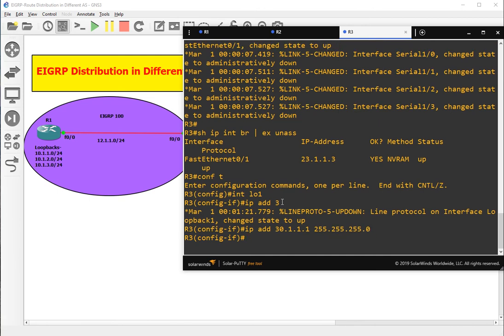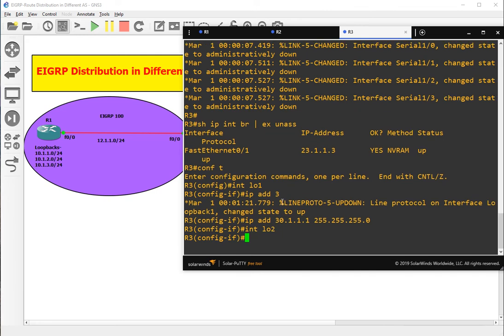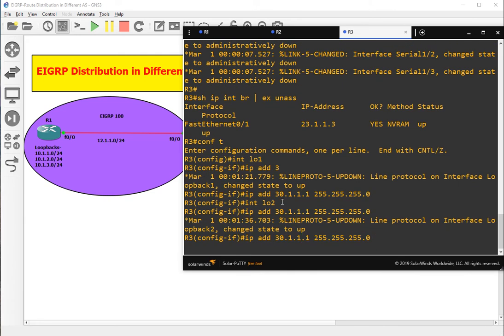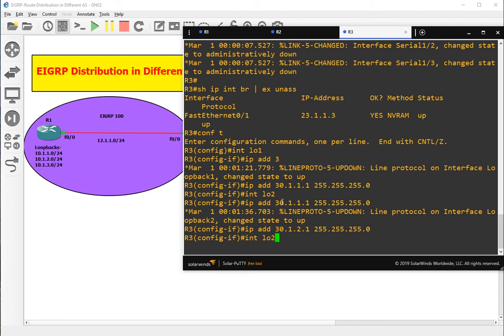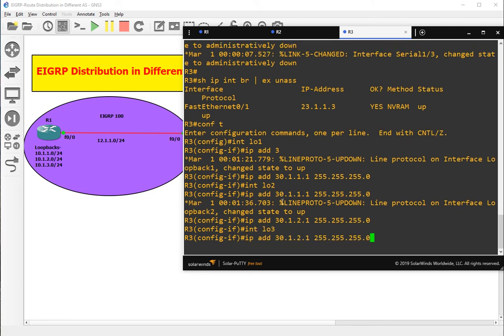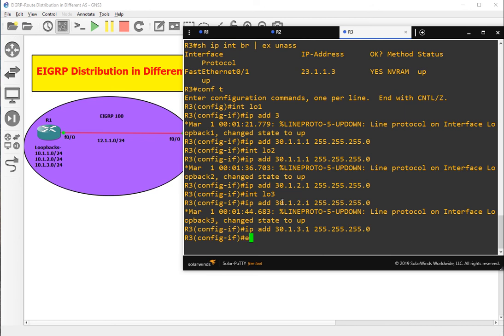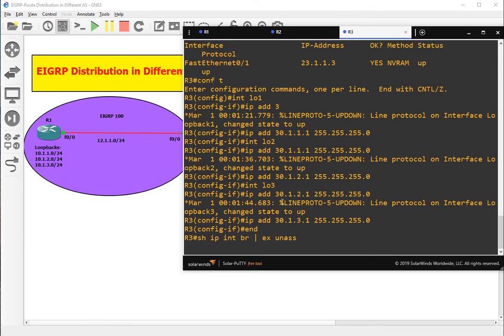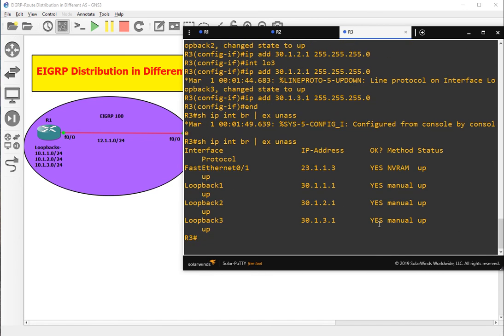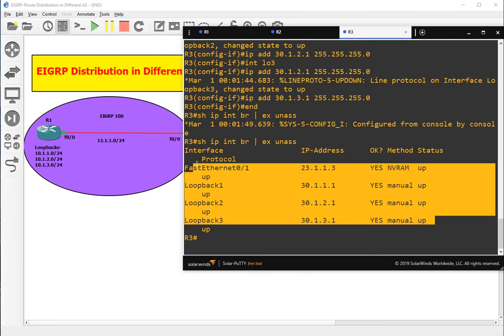We do not need to give no shut command to loopback. So let's create loopback 2, and this will be 30. Okay, this is loopback 3 and this is 33 network. Show ip interface brief. Now we can see that we have three loopback interfaces and they are up.